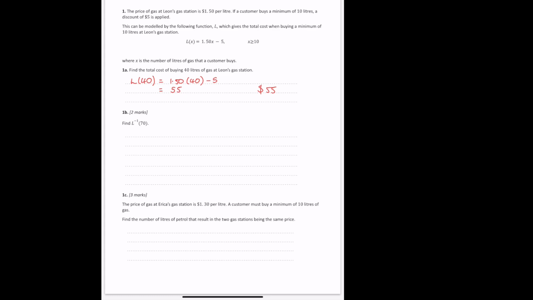And then the second part, now this is asking for the inverse function. This is the notation we use for the inverse. And for an inverse function, we know that we need to swap the x and y, or the domain and range, and then rearrange to get it back into y equals. So I can think of my function as y equals 1.50x minus 5. So when I rearrange and swap my values,